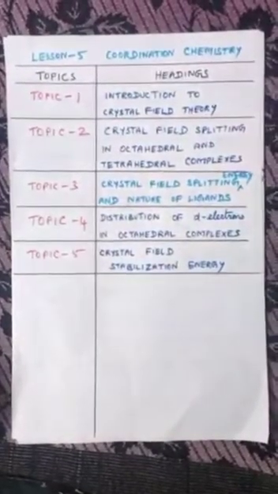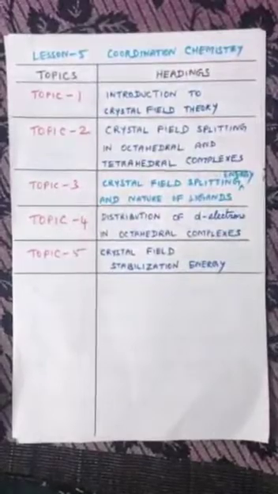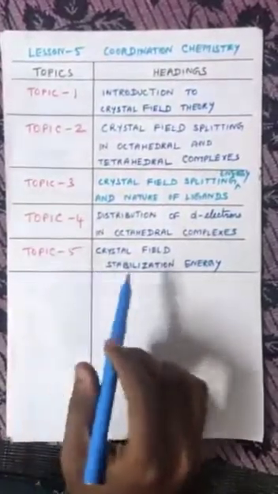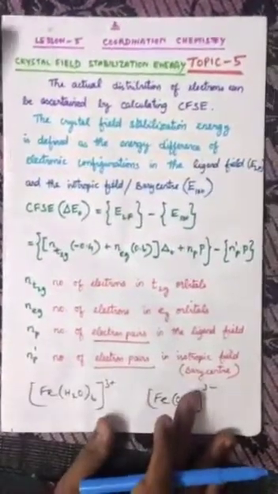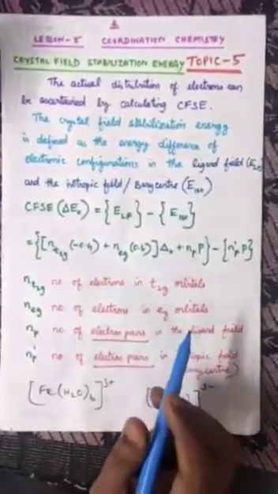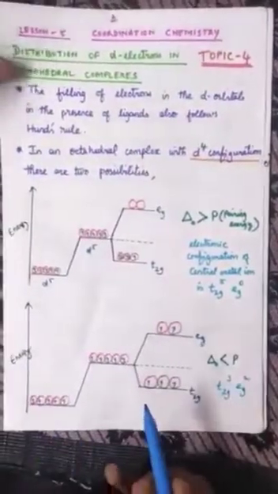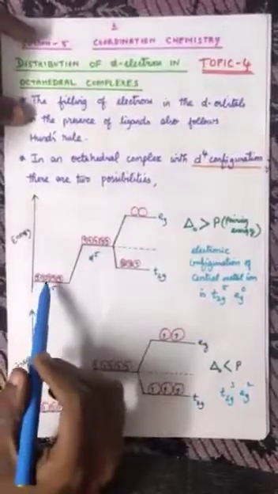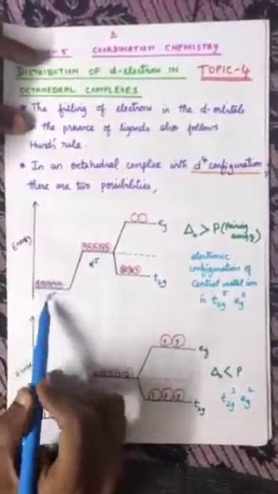Dear students, in this video I am going to explain lesson number 5, coordination chemistry, topic number 5, crystal field stabilization energy. In my previous video I explained the distribution of d electrons in octahedral complexes. See here, this is the diagram. This is the topic which we discussed in the previous video, where I introduced the 5 d orbitals in the free